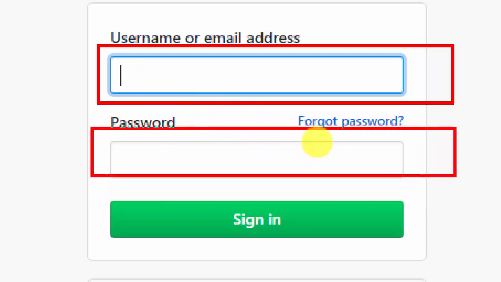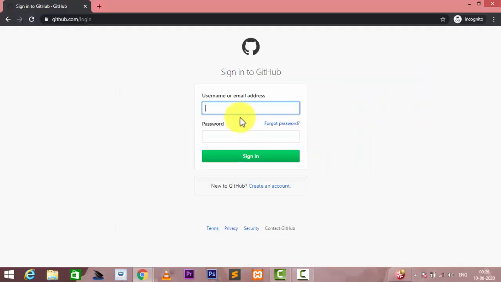After inputting your username or email address, if you forgot your password, you can change it. The OTP will be sent to your requested email, and you can recover it, no problem. So basically I input my username and password.